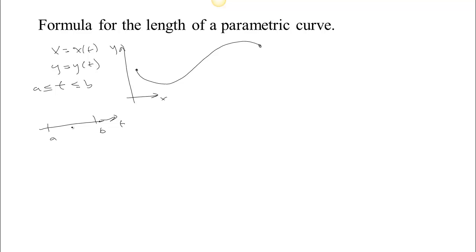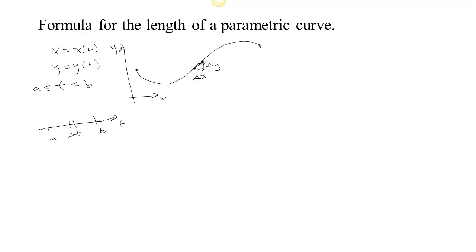In order to do this, we can use differentials again. Think about a small change in time. I'll just call it delta t. So time is changing here, and we want to estimate how much we move over. So we're here, and as we move over, the x value is going to increase slightly, and the y value is going to increase slightly. So the x value will go over by an amount delta x, and the y value will go over by an amount delta y. And so the distance traveled